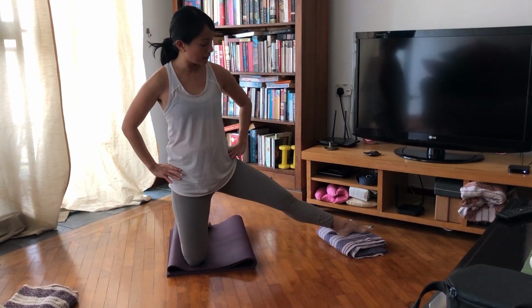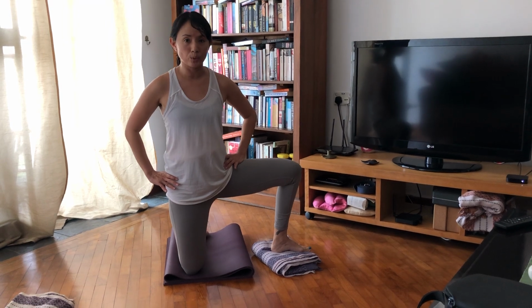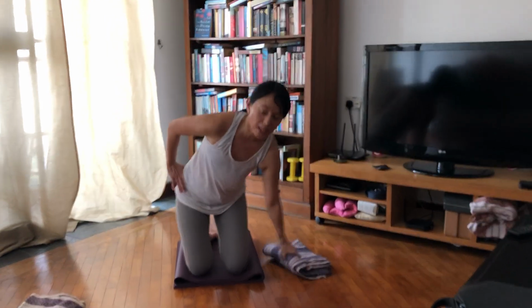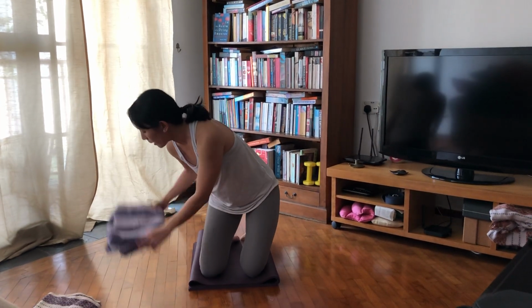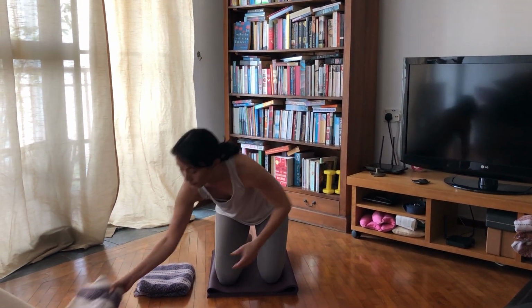And then to release, just bring your foot down and return the blanket back towards you. Now we're going to do the other side. So move that blanket over to the opposite side, and like how you did earlier,